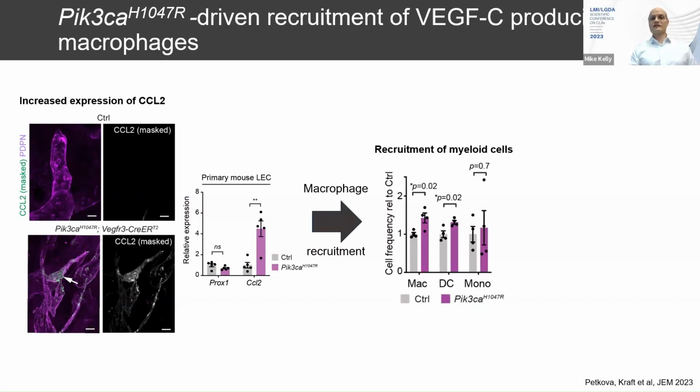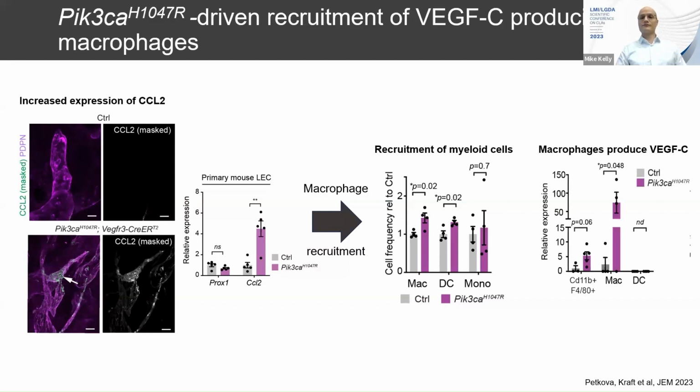CCL2 recruits macrophages, so we analyzed the immune infiltrate in these skin lesions, and indeed we could observe that specifically in mutant animals we had a higher frequency of both macrophages and dendritic cells, but not of monocytes. Macrophages have been known to produce one of the main lymphangiogenic ligands, VEGF-C, especially in inflammation and wound repair situations. We therefore isolated macrophages and checked for VEGF-C transcript levels, and we could see that macrophages, specifically in mutant animals, produce high levels of VEGF-C,